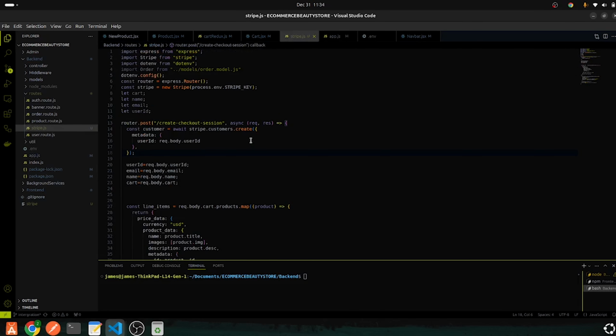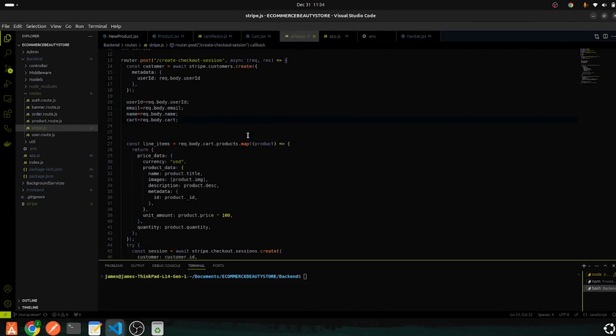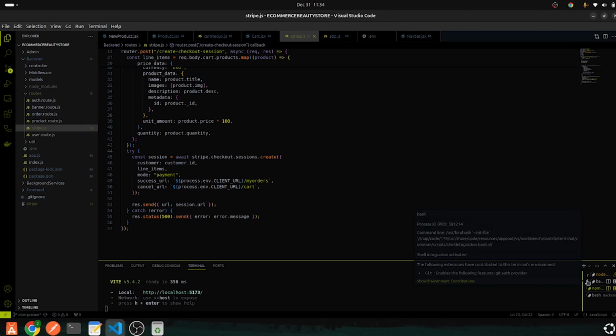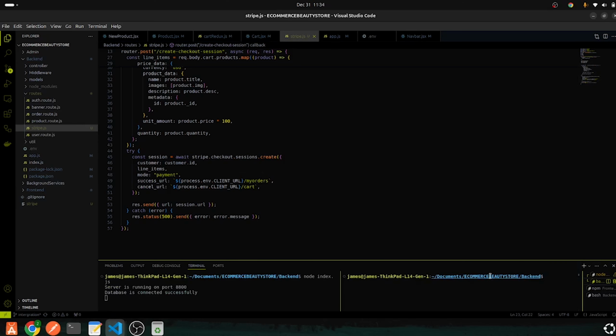So now what I'm going to do right now is that I want us to see if we can get that pre-built checkout and be able to make payment. So I'm going to first of all come here to my backend. So yeah, I have my backend here. Where is my backend? Yeah, it's right here. So I can close this, or let me just come up here and then I can clear this, and then I can say